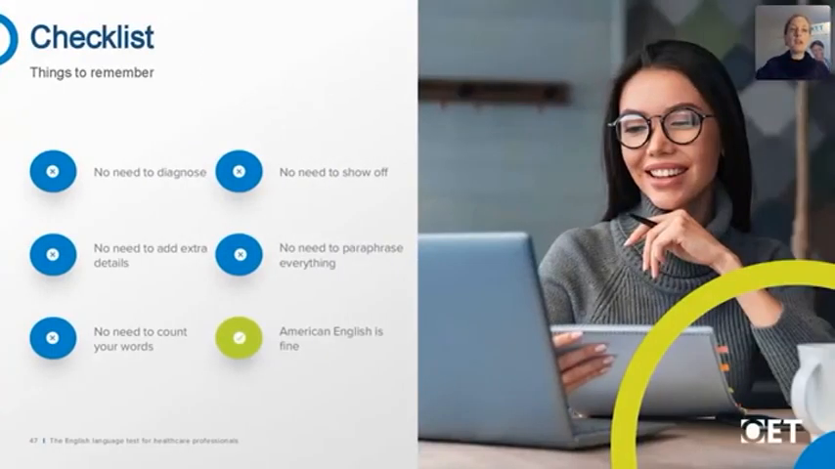So there is no need to diagnose the patient if a diagnosis isn't part of the case history. As I mentioned earlier, you are not being judged on your medical skills, only on your use of English. So if the diagnosis isn't there, you're not expected to make one from just reading the case history. There's no need to make recommendations or add any extra details for the patient's ongoing care, apart from those given